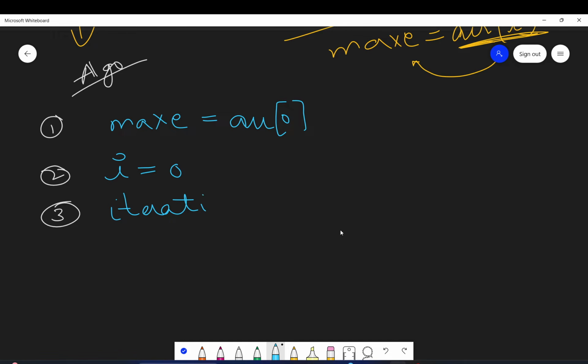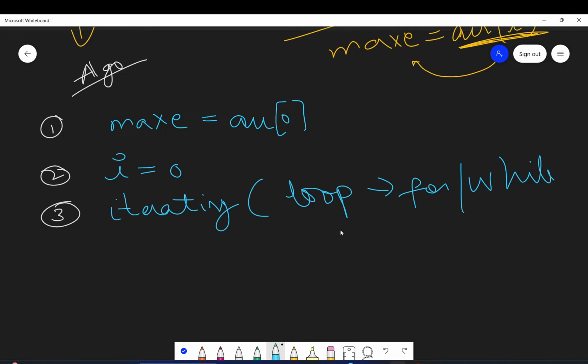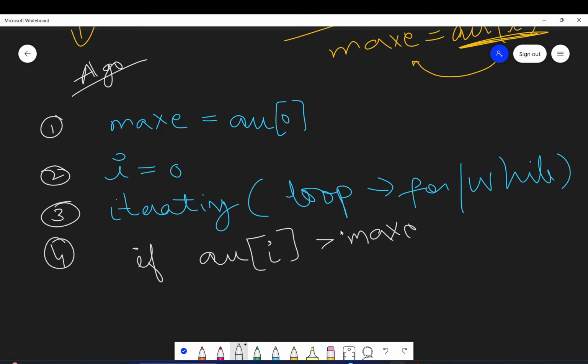For iterating on the array we have to use a loop. You can use a while loop or a for loop, whichever you want. I hope you know how to use a for loop and a while loop. And every time we check if ARR of I is greater than the maximum element. If yes, then we assign maximum element to be ARR of I. I hope you understood this.